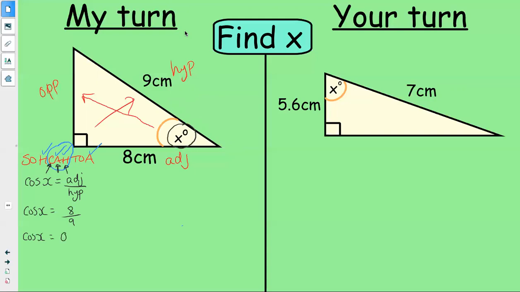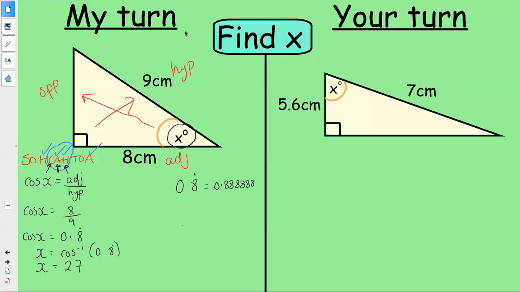And it's 0.8 recurring. There's a little dot above that on your calculator, which means recurring. It really means that 8 goes on forever and ever. So just keep that in your calculator. Don't clear that off. To find x, I'm basically going to use this button here. So you're really going to be pressing shift, the cos button, to get to cos to the -1, the inverse function. And then if you use your answer button, it will bring up that 0.8 recurring in your calculator. Just check with your teacher how to type it in using your specific calculator. And then equals,